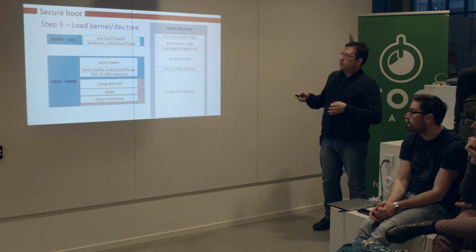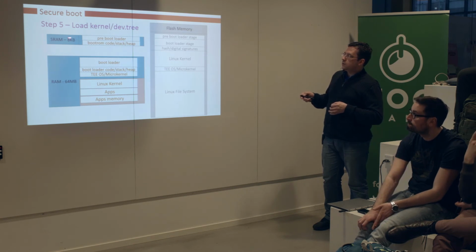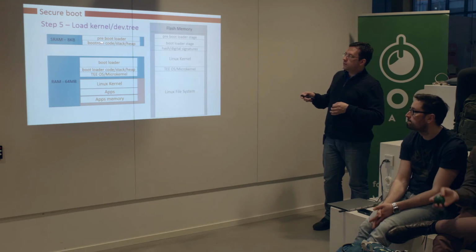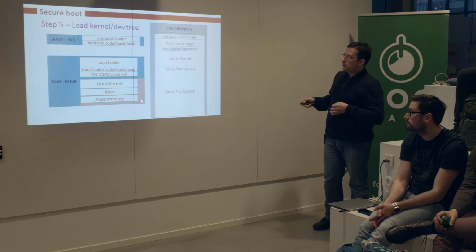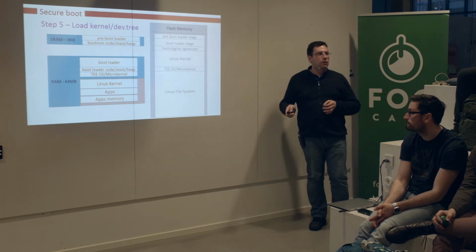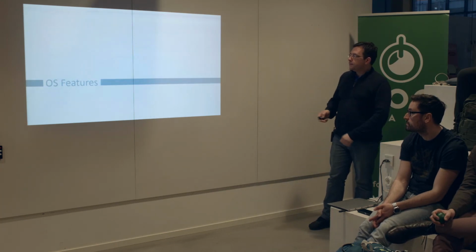After the boot loading process, we have a setup like this, in which we still have a piece of code reserved for the boot ROM code. We may keep some functionalities of the bootloader, but by default we always have to have the trusted execution environment operating system running in privileged mode, which has access to everything. In the unprivileged piece of the memory, we have the Linux kernel and all the applications which are running in that environment.